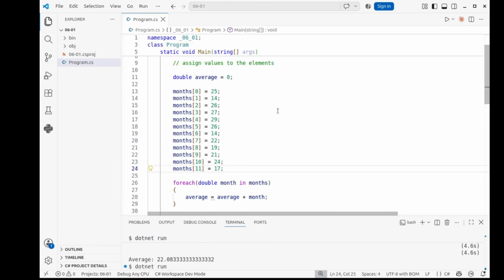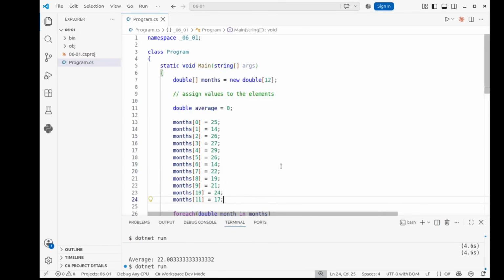But it's still a bit tedious, isn't it? The concept of having to assign all these values is a bit tedious. And another thing that could happen is, maybe we don't know what all the temperatures for the months are yet because we're only in June. We'll come to that separately. But one of the things we can do instead as an alternative to this syntax is we can simplify the creation. The declaration of our variable months can actually be done